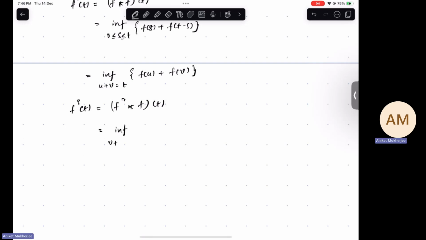V plus, okay, let's do one thing. Let's make this more simple. Let's do this as we have defined. So this will become U1 plus U2. This is U1. This is U2. And next we'll write U3 plus U1 plus U2 equal to T such that F of